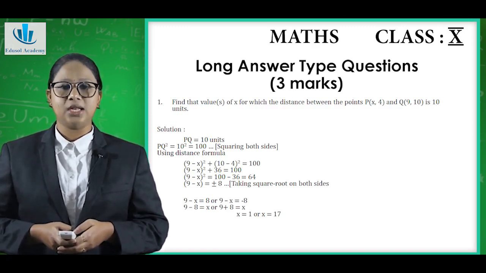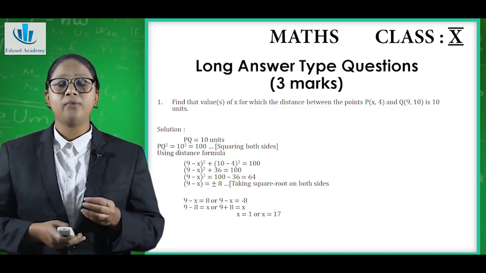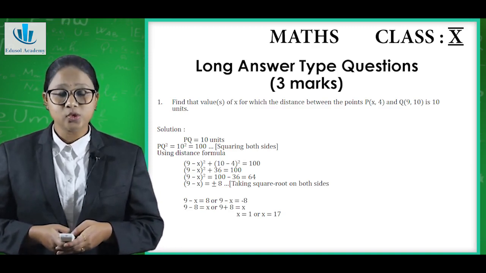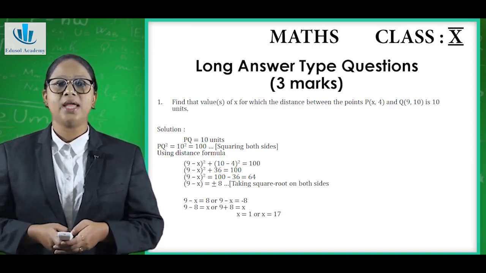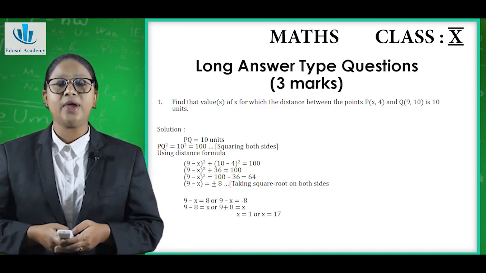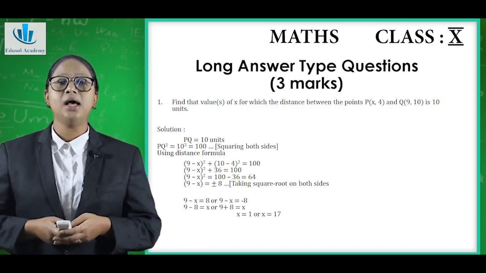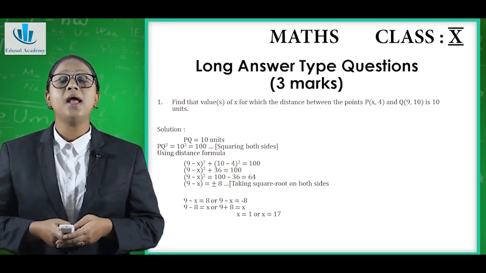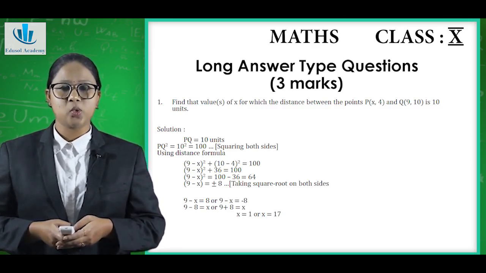PQ is equal to 10 units. And remember, we have to eliminate the square root. So we can write PQ square is equal to 10 square, that is equal to 100. Now we can equate it into the formula. So the equation will become (x2 minus x1) the whole square plus (y2 minus y1) the whole square is equal